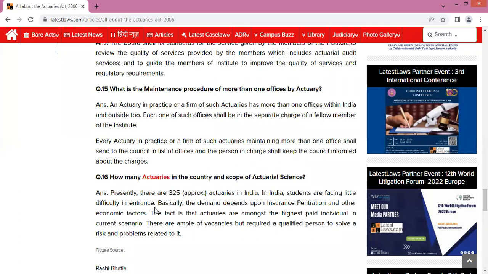Let me give you one example: one of my colleagues who was working in a big company had an accident abroad. He was an old employee, last 5 to 6 or 7 years. So the company insured him, and on that insurance basis, near about 1 to 2 crore amount